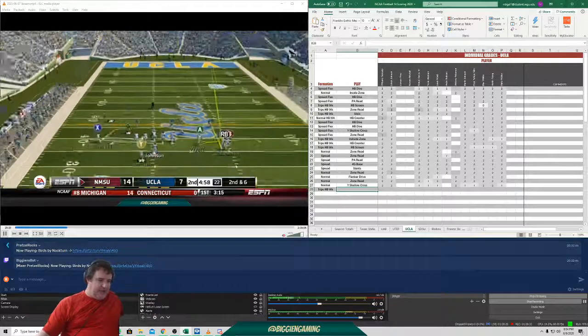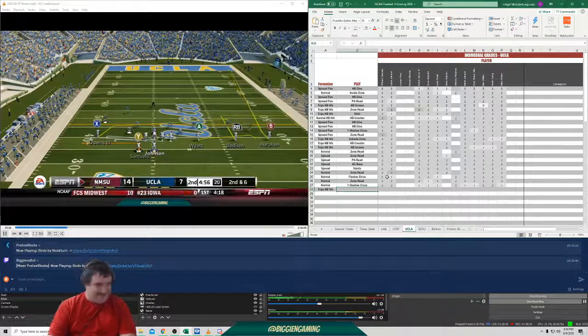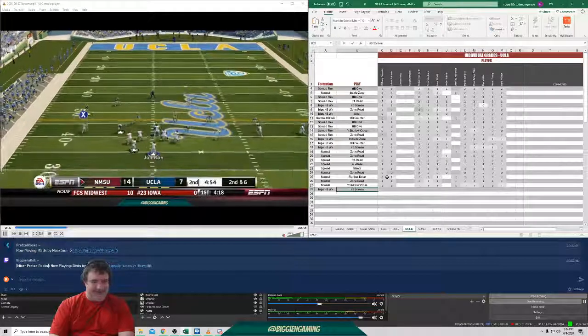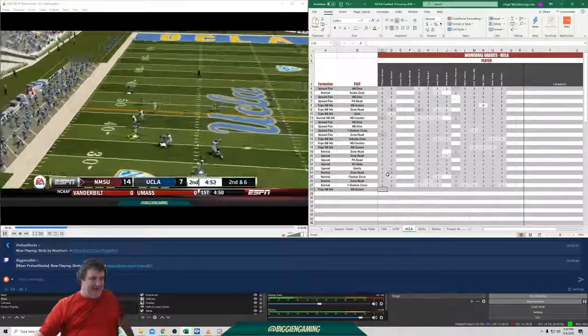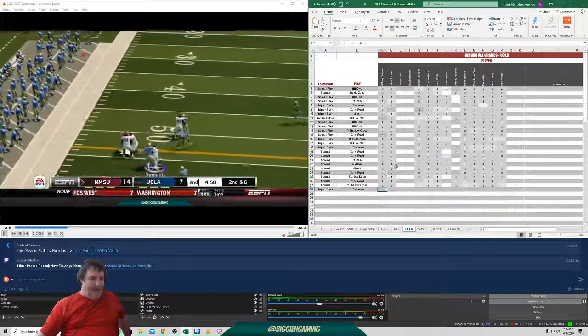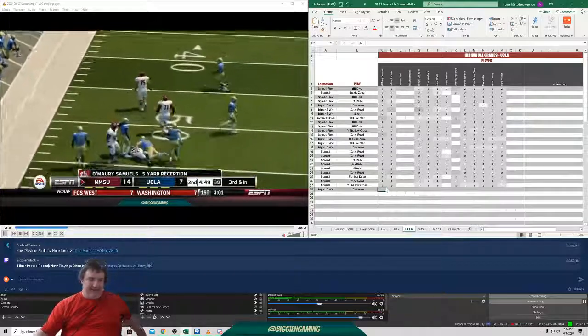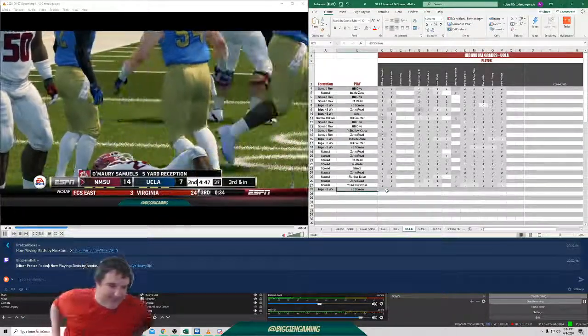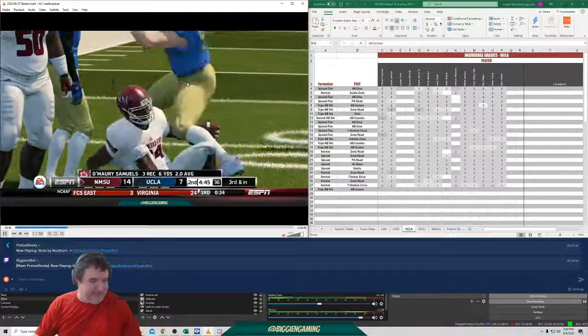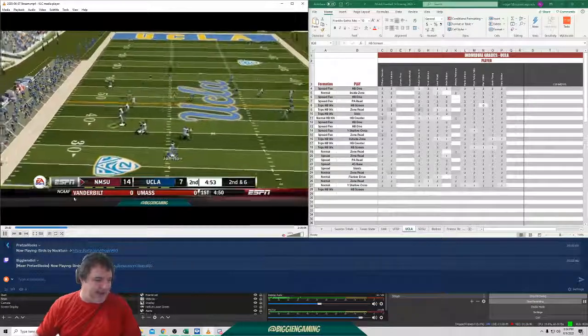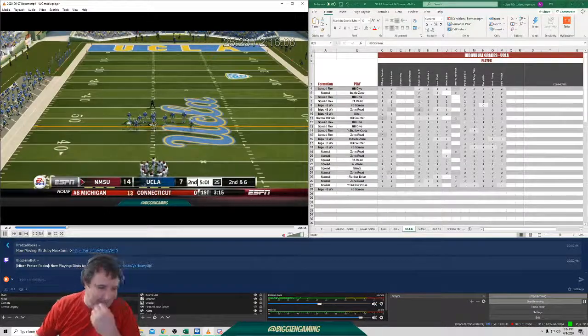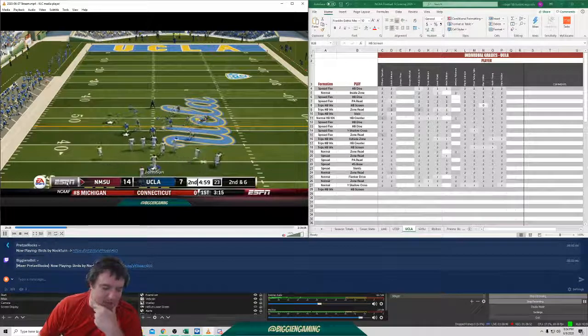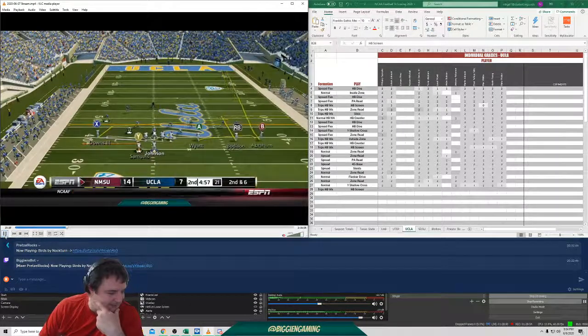Okay, so we got 4 yards. I call the screen again. Holy crap, I'm calling the screen a ton in this game. Oh, finally, we're going to make the block. No, we're not going to make the block. Are you freaking kidding me? Forgot we didn't make the block on this play. I'm like, all right, the tackle didn't read it. He's not in the game, and we don't even make the block. Are you kidding me? Look at this.